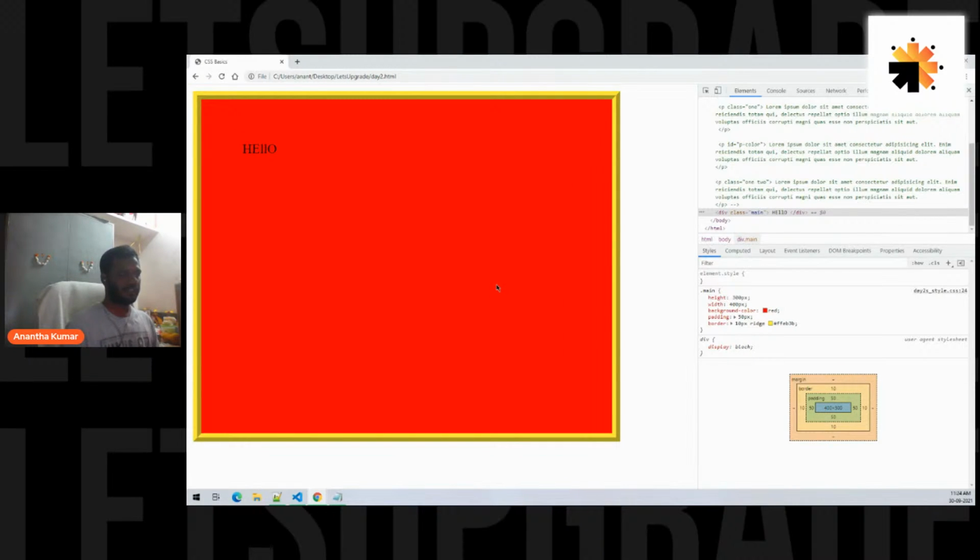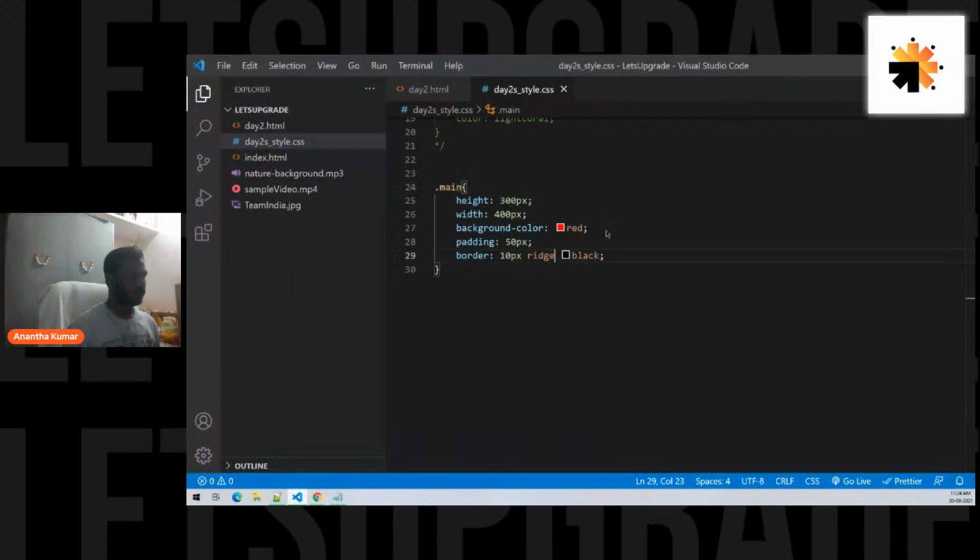Okay. If this is clear, let me change it to solid. So we usually use solid or sometimes dashed or double, but I usually prefer solid. That's the best one, right? So now next we'll look into something called margin. This will be the last topic of the day. So please concentrate, guys. So margin, say I'll give 25 pixels,